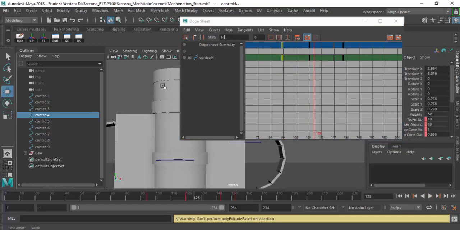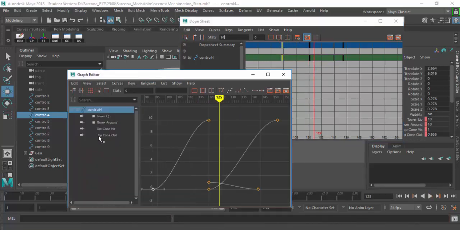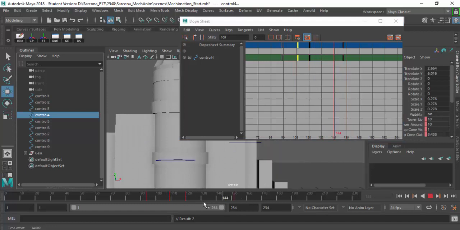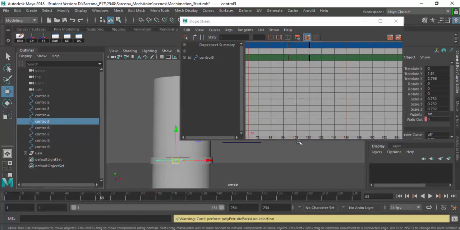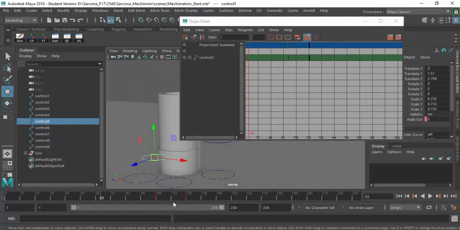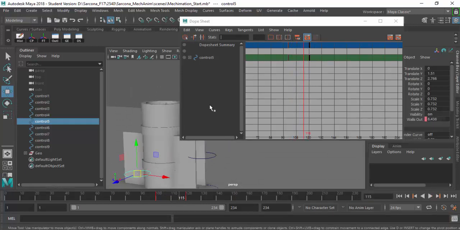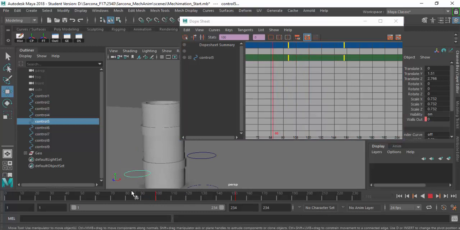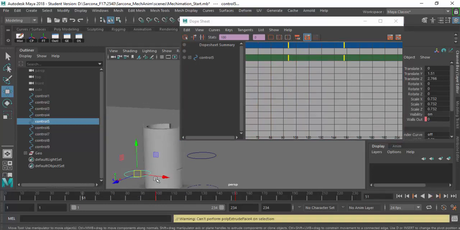I'm just going to go to the graph editor for this and see what's going on. Oh, that's that one. Okay, so this one here I should have just kept back here. That's all I did. And then I'm just going to keep going along the line. I'm going to go to the next one, see where it is. These are little pieces coming out, so I'm just going to wait until the building is that high. Right about there. And